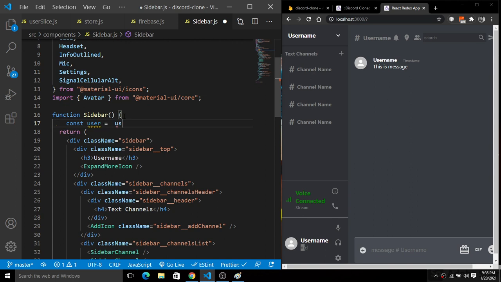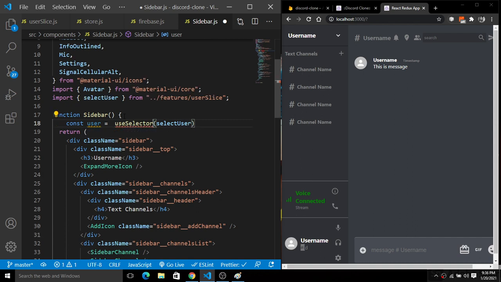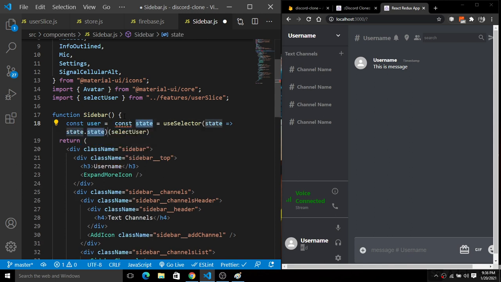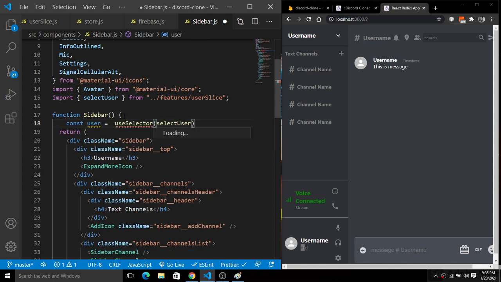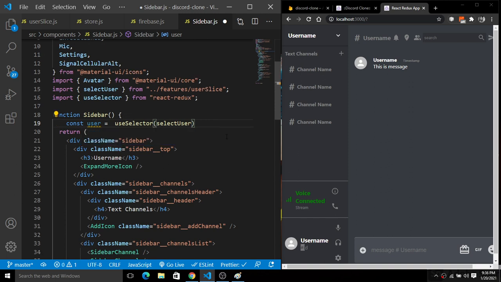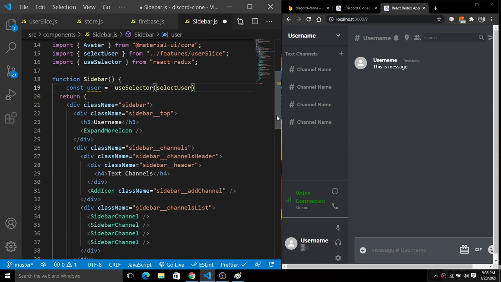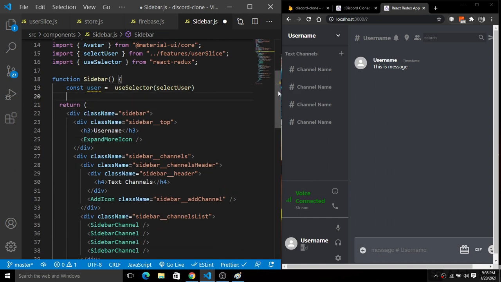So user, useSelector, and import selectUser from the user slice, and import useSelector from React Redux. Got it? Fine. Next, so we have this user, and now we are able to use any of the functionality here.